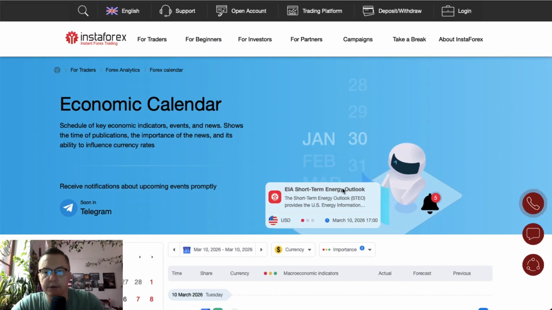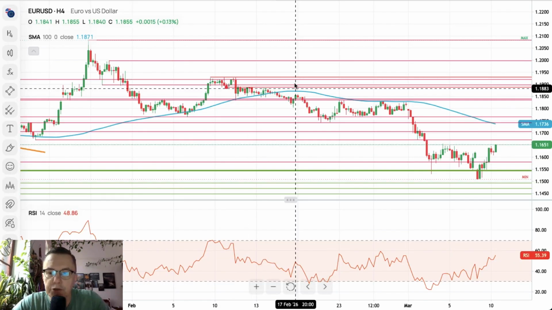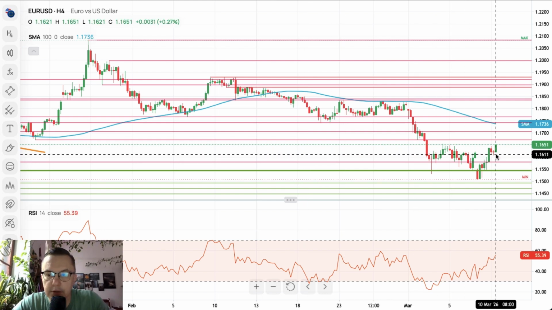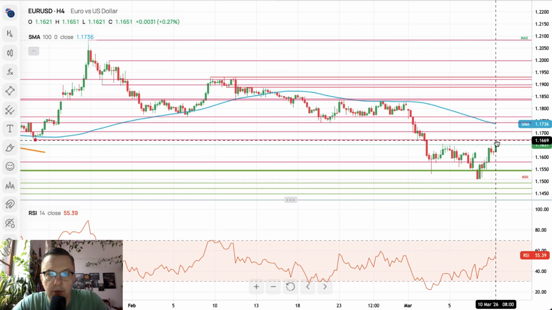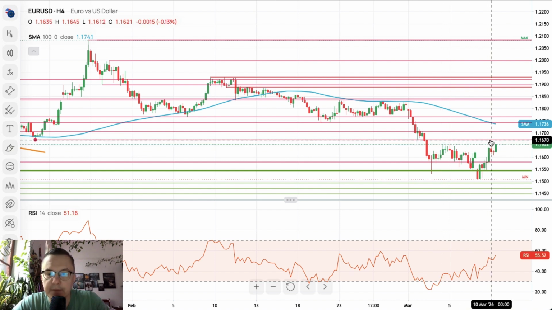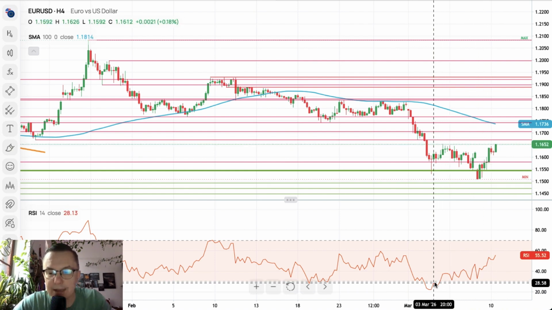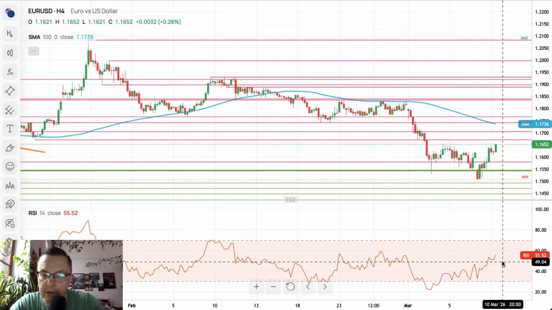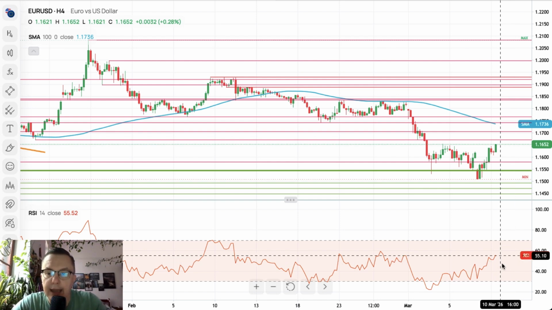So without any further ado, let's switch to the charts and we start as usual with euro dollar. Euro dollar on our time frame chart is looking for improvement. The local high 1.1651 is quite close to 1.1670, so less than 20 pips towards the next technical resistance. Momentum is improving right now, 55 points, so we broke above the level of 50